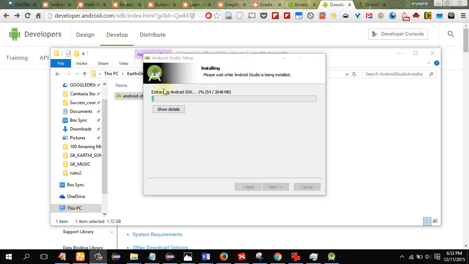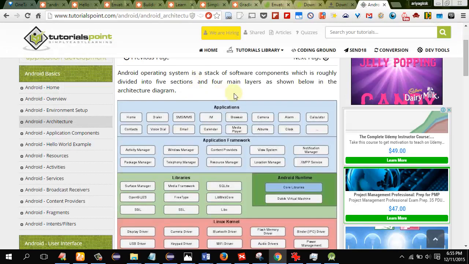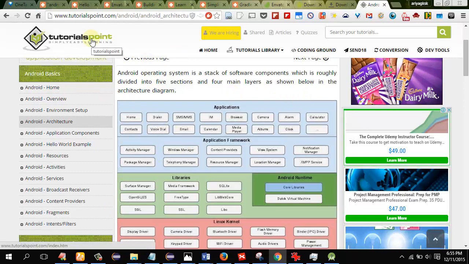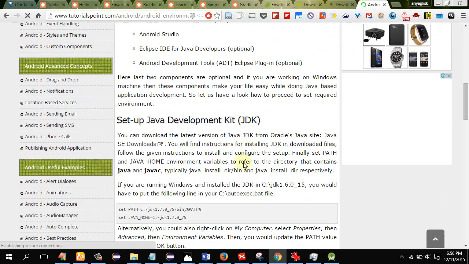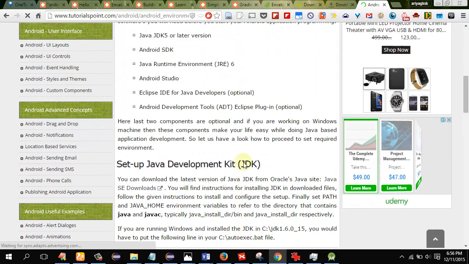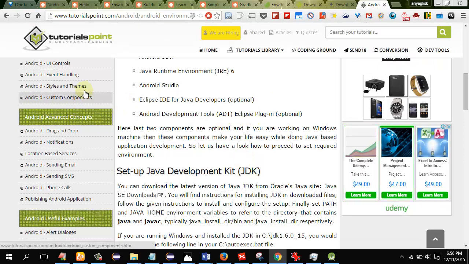Now you can see it is installing the SDK. Studio has finished, and now the SDK is starting. Now you know this is the Tutorialspoint Android tutorial. What we are doing is the environment setup. Environment setup means we are installing it. So now we are doing the installation, and the second step is